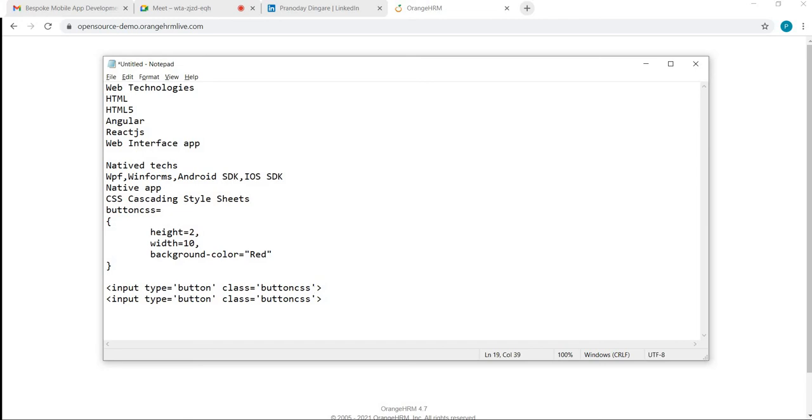This is class. Now let's talk about the ID attribute. Designers set the ID as well as the name attribute. Let's talk about what these attributes are.